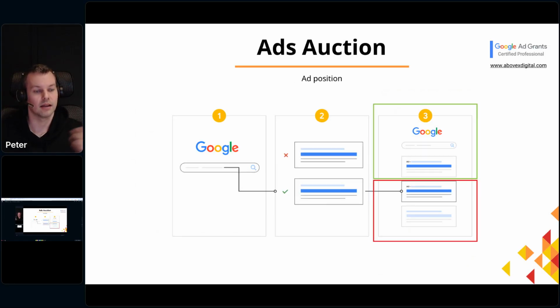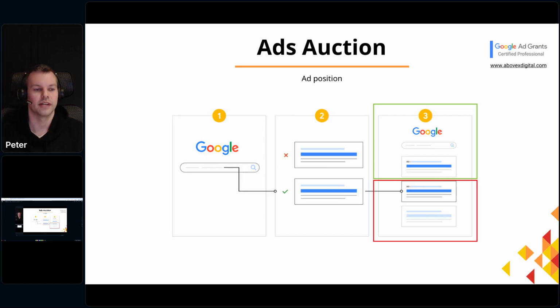Okay, if this was not complex enough, here comes the complexity. Technically speaking, this is how it works. In step 1, somebody goes to Google and types something in. In the second step, Google decides based on ad rank, geo-targeting, language targeting, and so on. They decide, okay, this is an ad that qualifies, and then it serves the ad. But you can see here I split the search result in the third step into 2 frames. On the top there's a green frame,